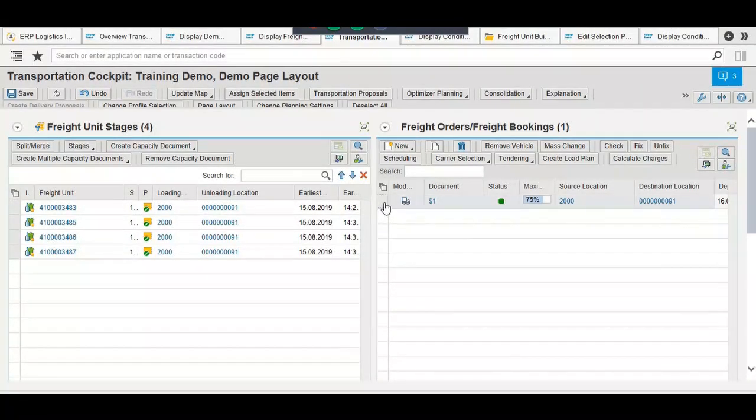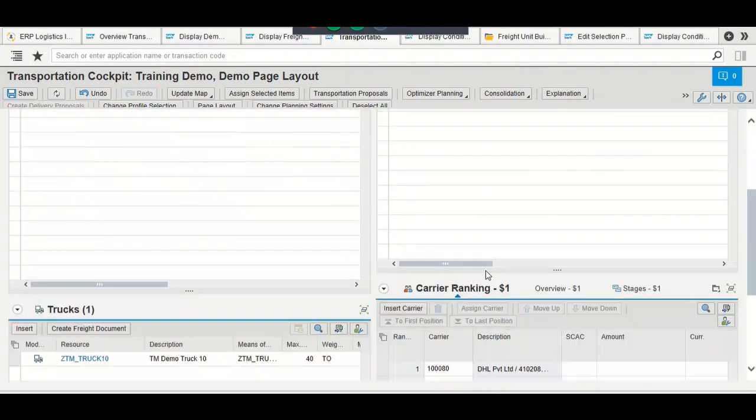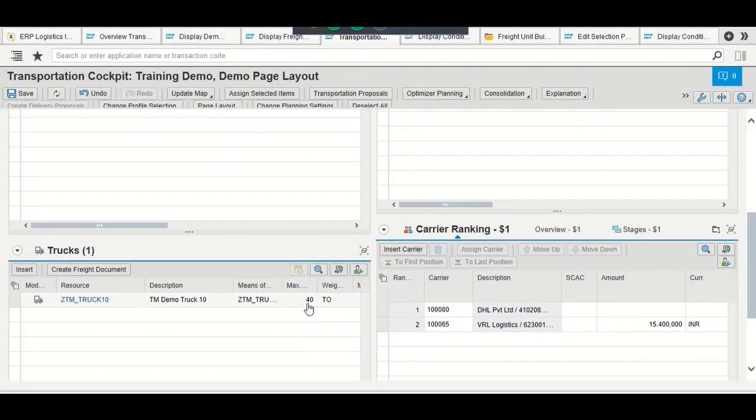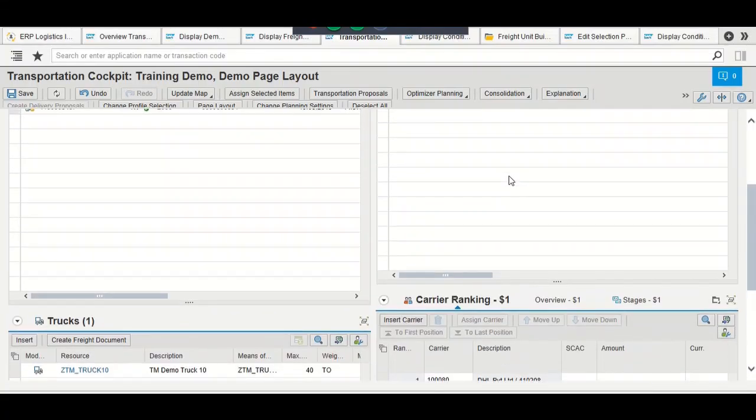Okay, if we select this, in the resource master, maximum weight is 40 ton. So out of 40 tons,